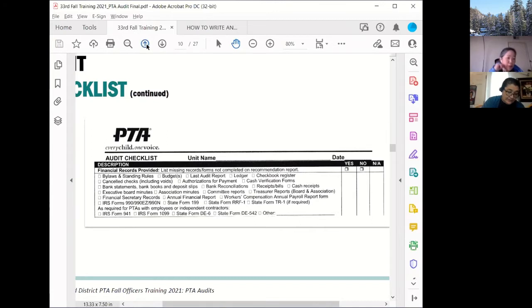Any other questions about any of these items that are listed that should be in every treasurer's records? The video did explain why certain things that don't seem like financial records, like the bylaws and the minutes, are necessary too. Everything else seems pretty straightforward as far as being financially related. But if no one has any questions,